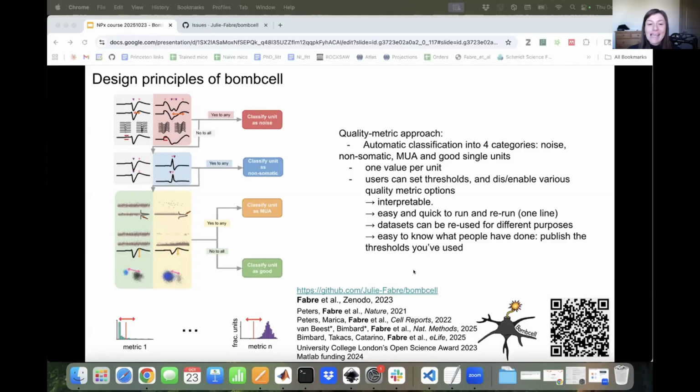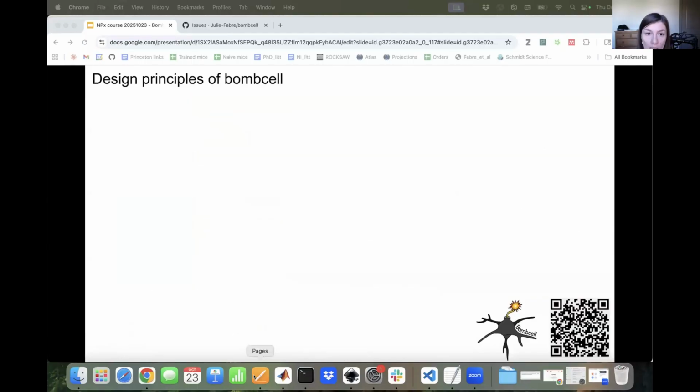and let people understand what other people have done, because you can just publish the thresholds of these metrics, and then you know exactly how to reproduce what they've done in the paper. So this is one of the big design principles of Bombcell, of making it very interpretable and easy to use. And another principle that we thought was really important is to have a